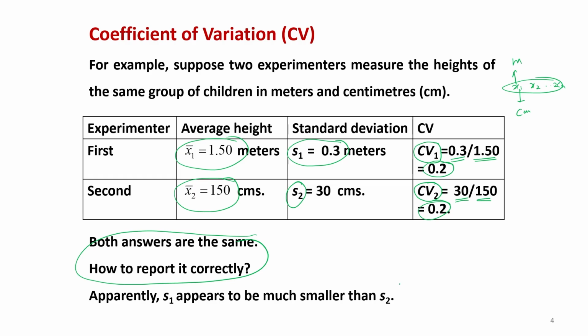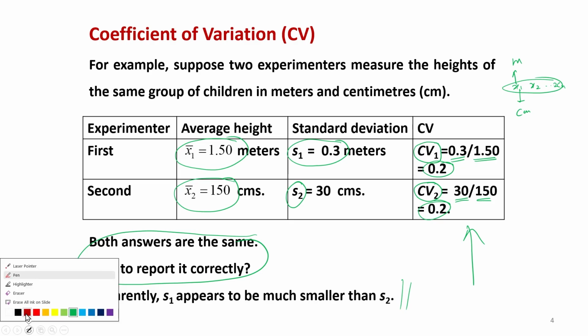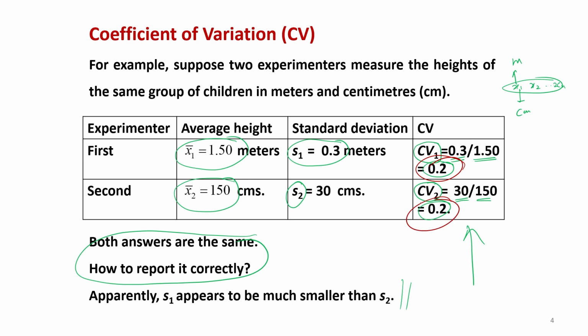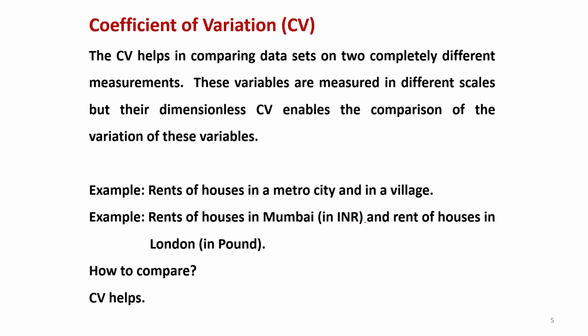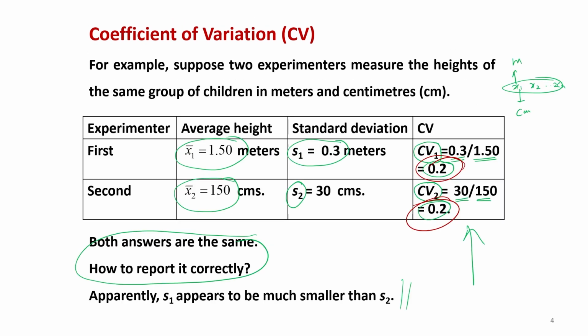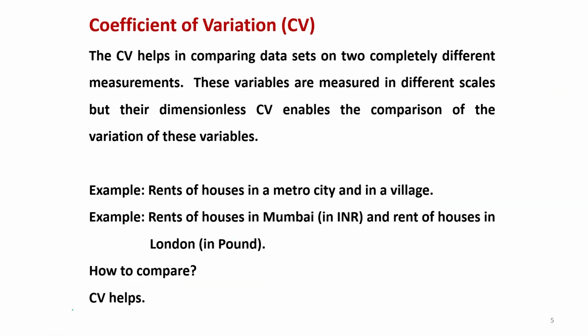So, now how to take care of these values? In those cases we compute the coefficient of variation, and you can see the coefficient of variation in both the cases is coming out to be the same, 0.2 and 0.2, right. So, that means that both the data sets have got the same variability and there is no variation between the two sets of data. So, this coefficient of variation actually helps in comparing the data sets